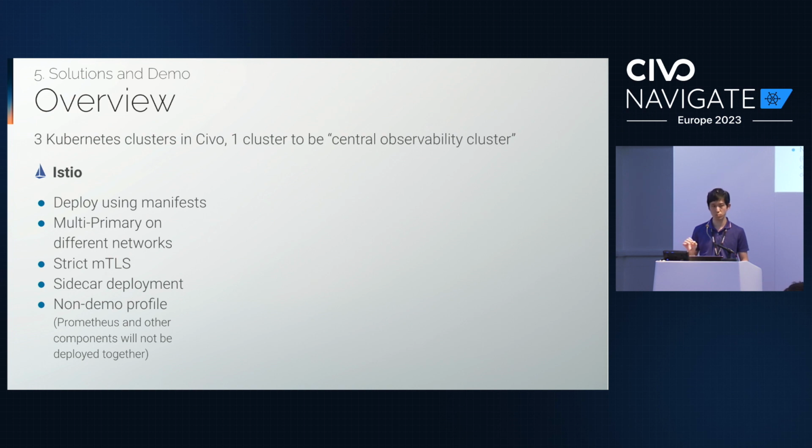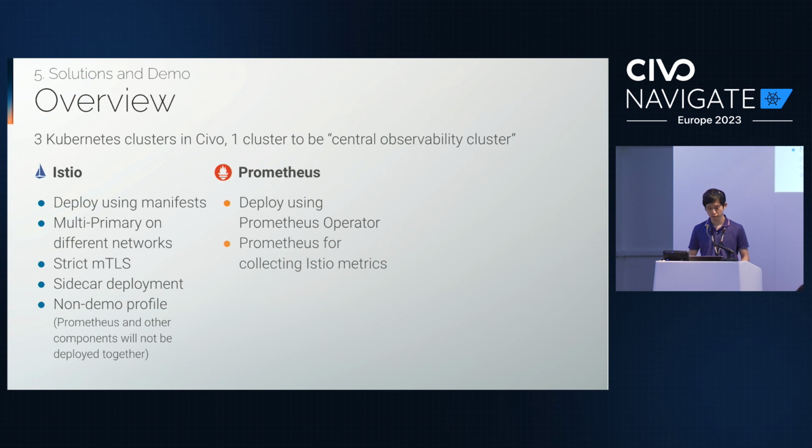This is important for observability as well, so that you need to be able to get the certificates and deployment in a way that's managed per cluster. So if 1 cluster goes down, it doesn't mean that everything goes down. You can have multiple clusters providing the HA. We'll look at sidecar as well, and a non-demo profile, so that it's a mock of a possibly production-ready setup.